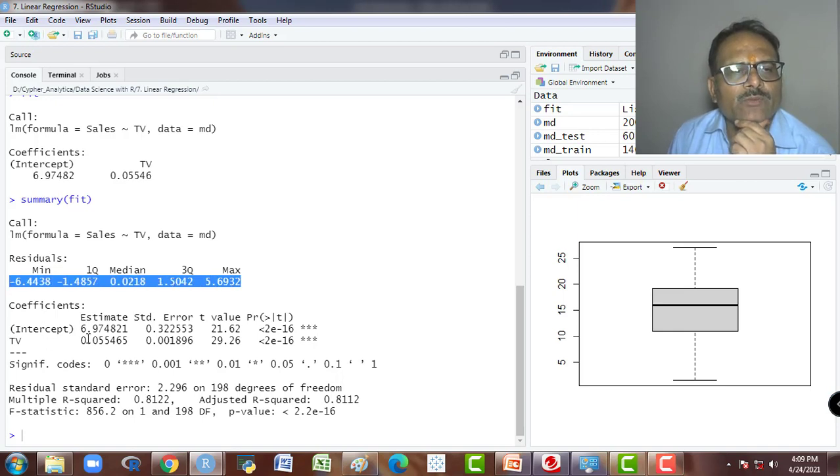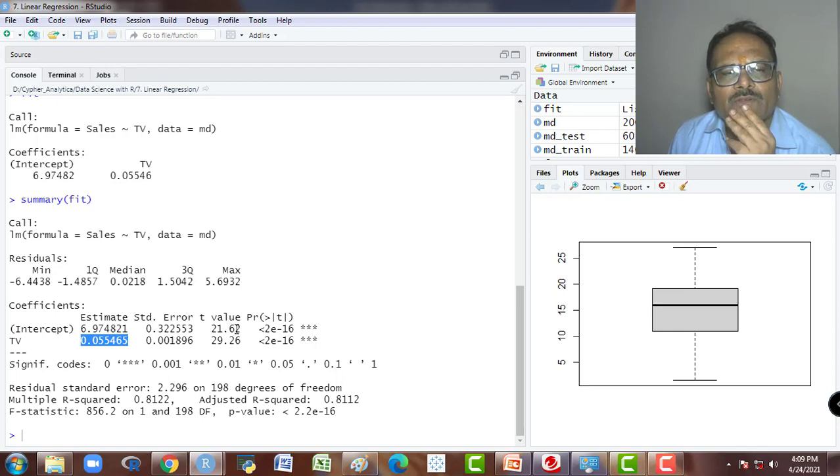And the coefficient, you see our coefficient is positive, and the intercept is positive, the coefficient is also positive. The t value you see is 21.62 or 29.26, which is very high. It means it is greater than 2.58, so at 1% also our model is significant.